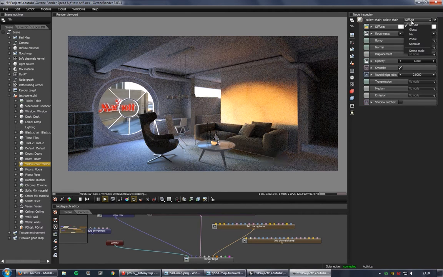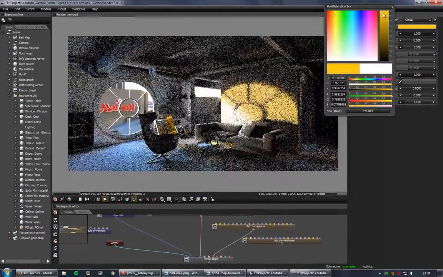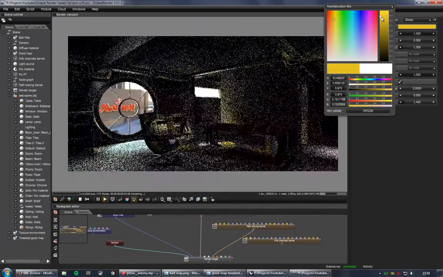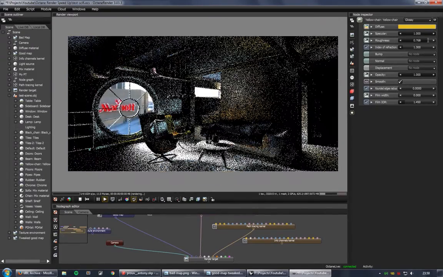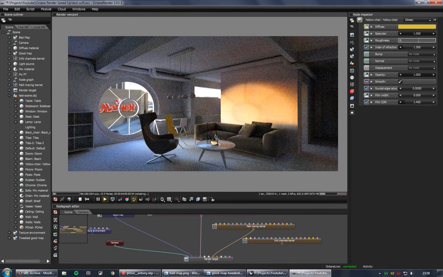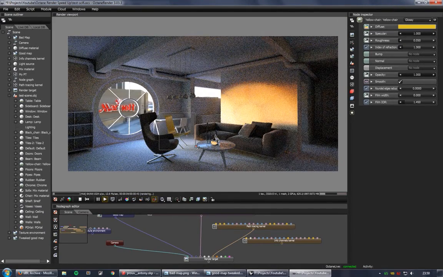This will be yellowish, dirty yellow, like this, and maybe, nope. Whoa. Okay, it's okay. I think it's too